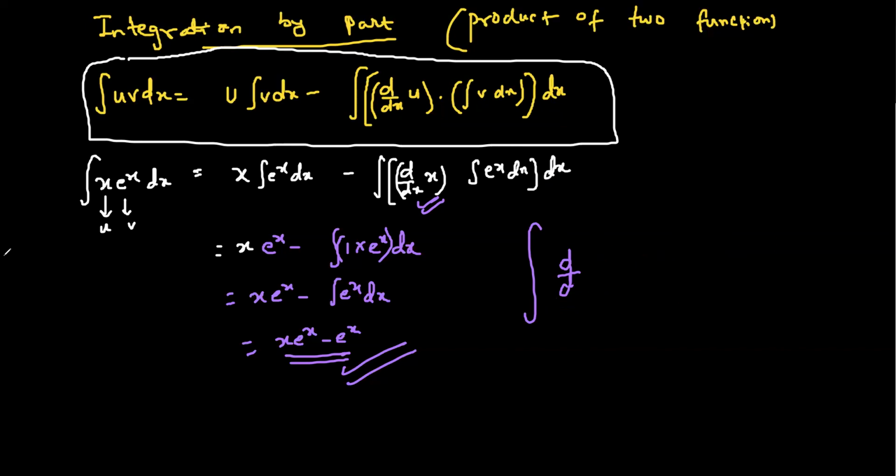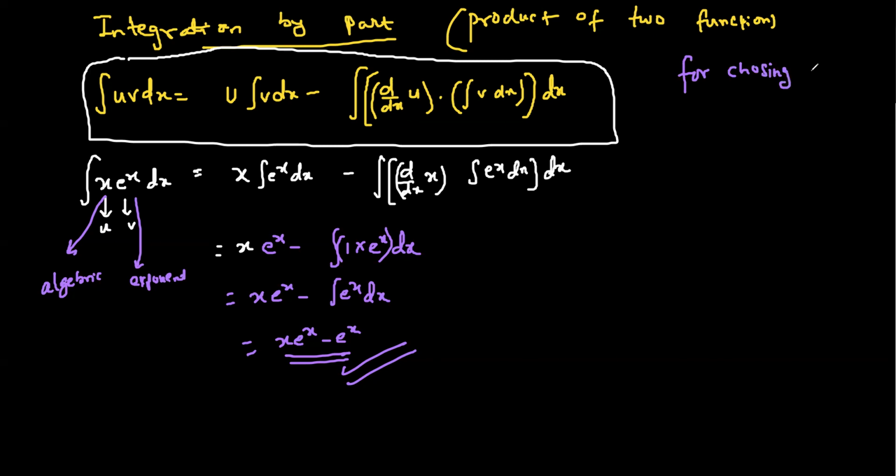Okay. So this is for two multiplied functions. And the functions must be of different types. How? This function is algebraic type and this is exponential type. Okay. So there is a rule to consider the value of u. You cannot choose any random function as u. So for choosing u, follow